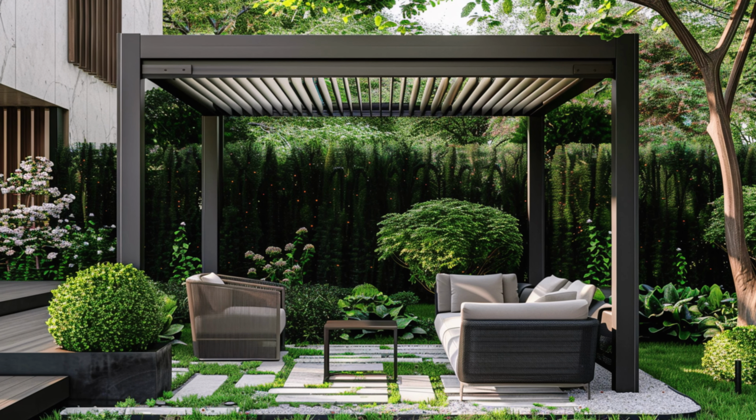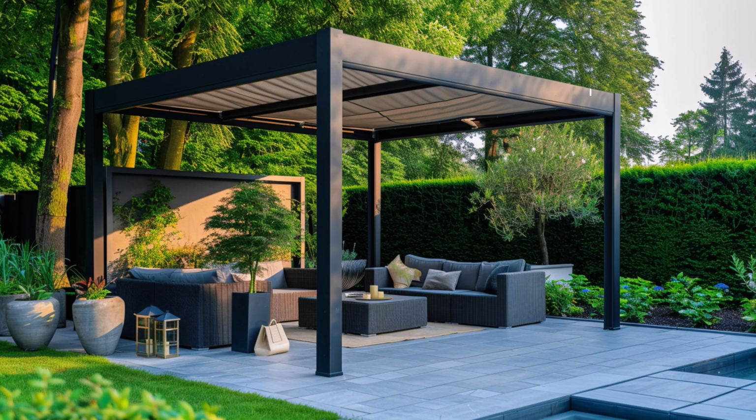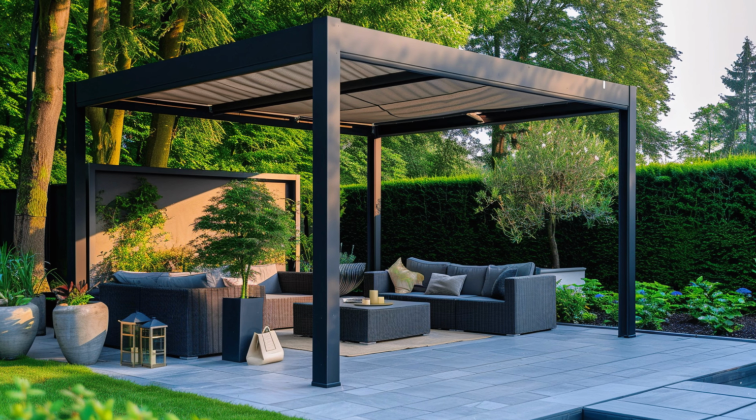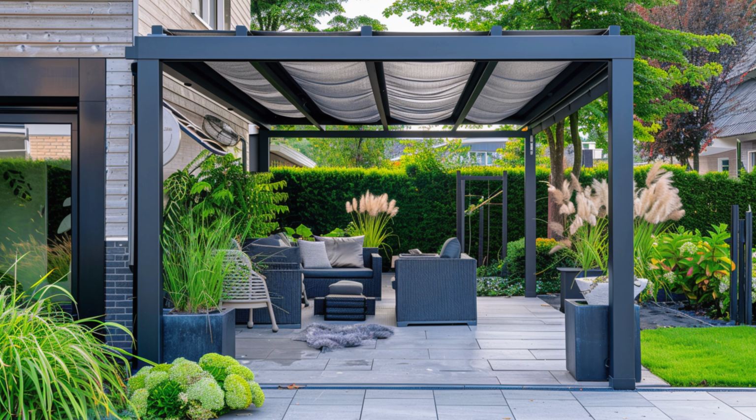The structure above features a black metal frame with a warm wooden ceiling and string lights hanging underneath, adding a soft and inviting glow to the space. In the background, there is a built-in outdoor kitchen with a stainless steel grill and countertop, perfect for cooking and